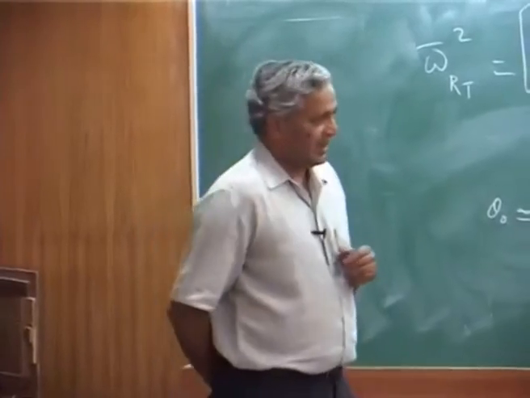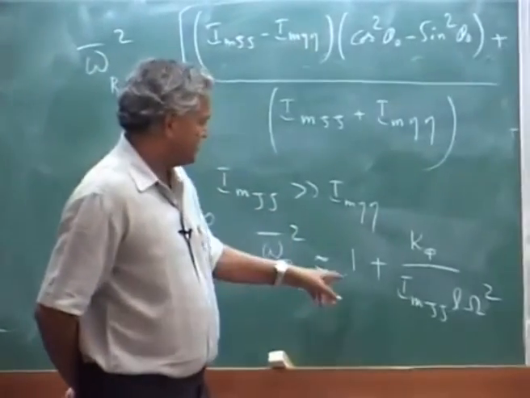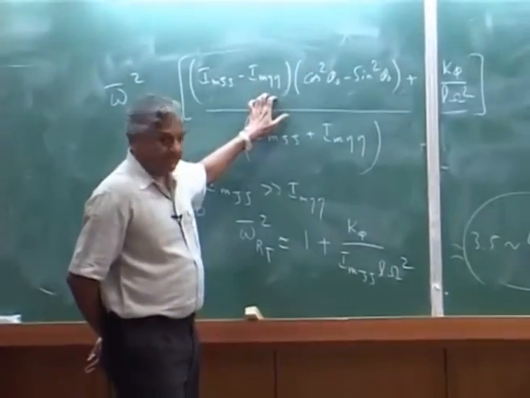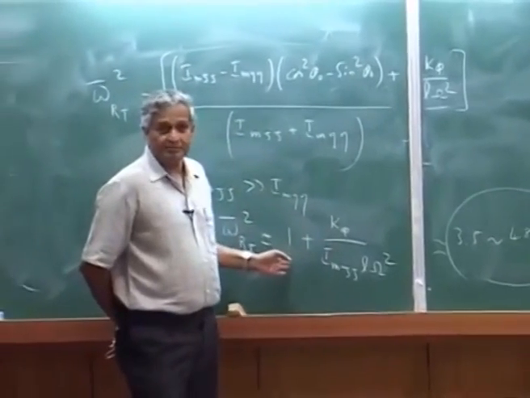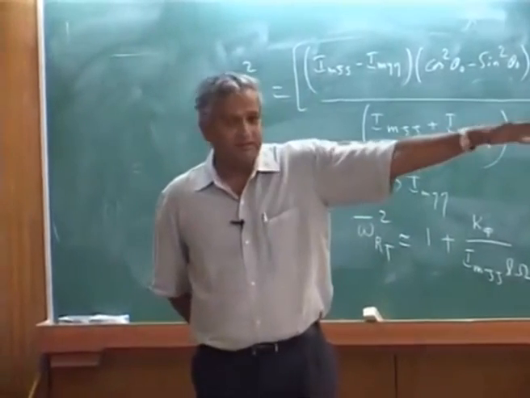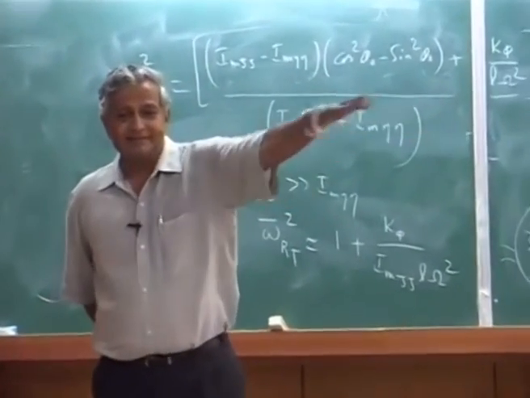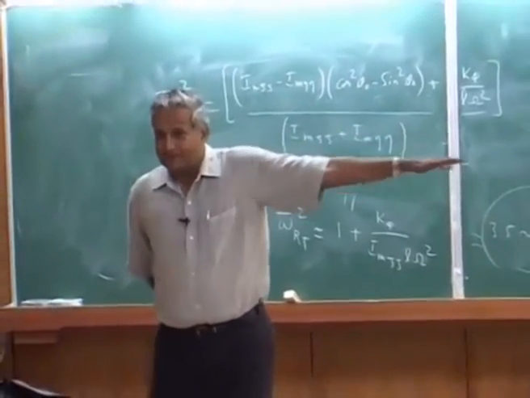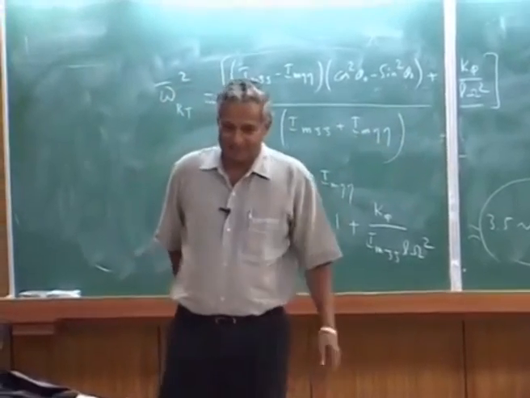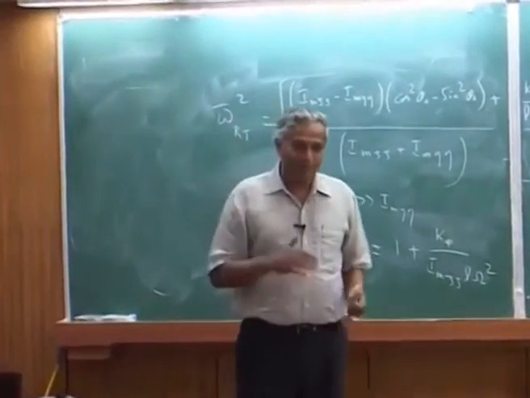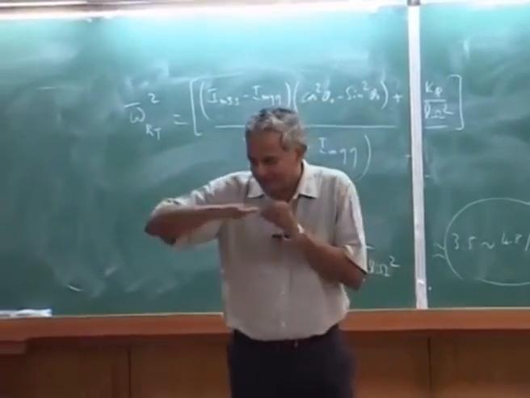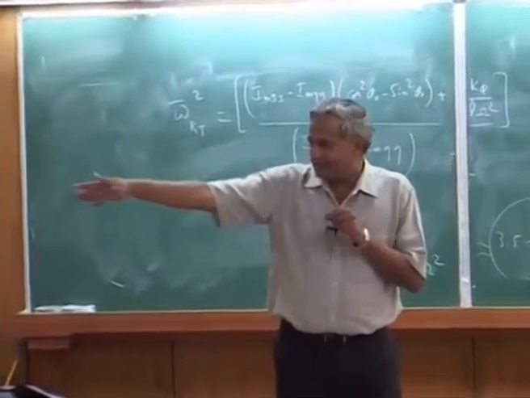Okay. And I will not go into the details because this particular term, when I wrote the tennis racket effect, that is basically this. See, even if Kφ is 0, that is 1. It's like a centrally hinged flap. So torsion also will have, if you disturb, it will oscillate like this as it goes around, once per revolution. That's all. Okay? It's like a plate. See, that is why when you analyze torsion, it is not a line. It is actually a 2D. About the axis, the blade can